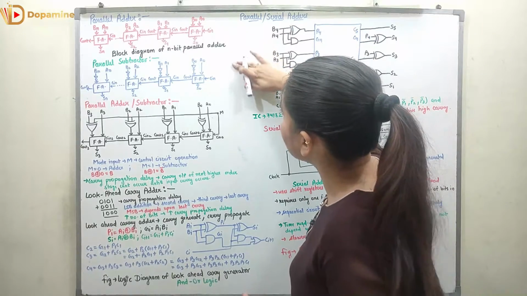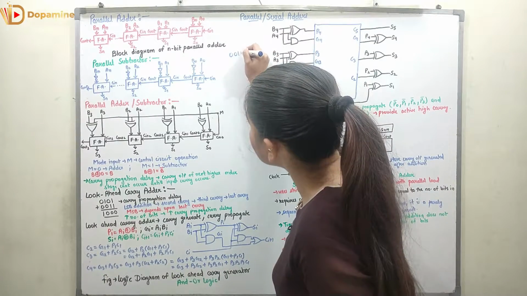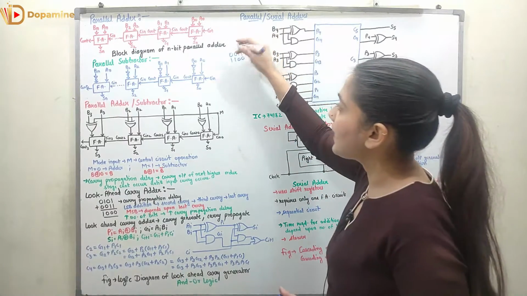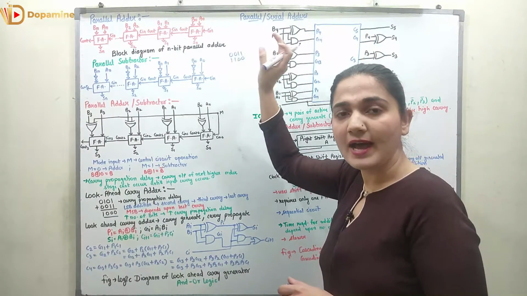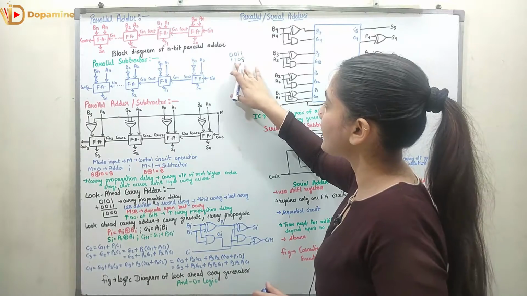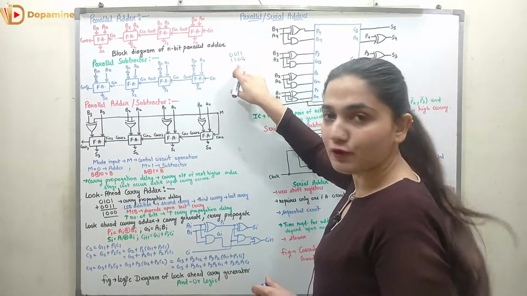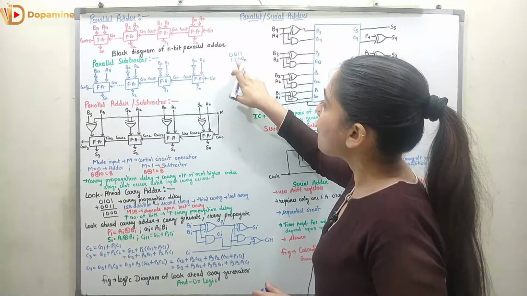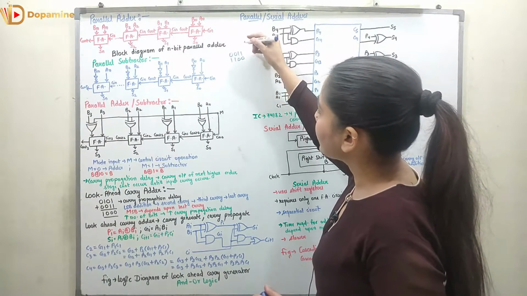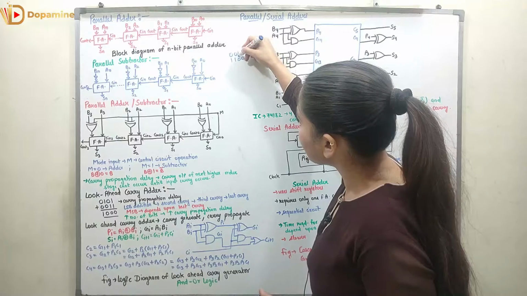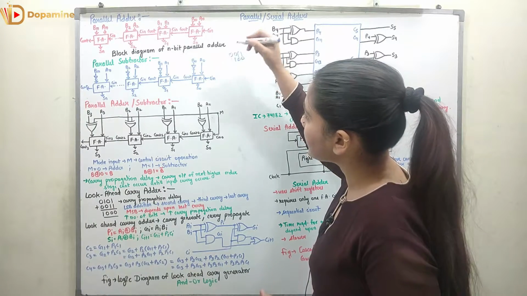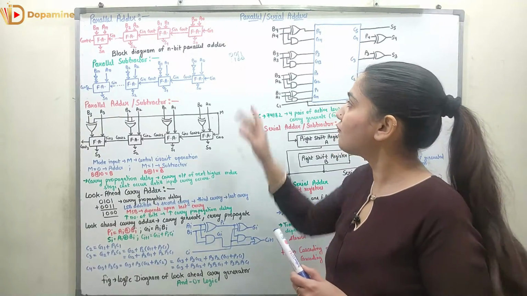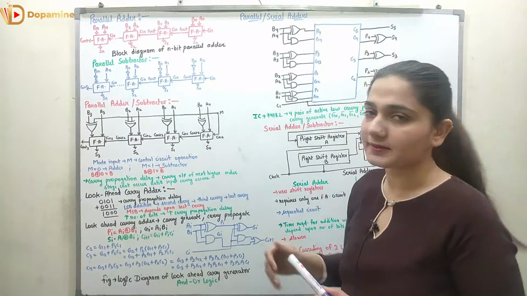But if I have numbers like this, if the number is 0, 0, 1, 1, 1, 1, 0, 0, and I have to add these two numbers, I will not be able to add them with the help of one full adder. What I need to do now, I will be requiring 4 full adders. One full adder to add these two bits, then these two bits, then these two, and then these two. So I require here 4 full adders. These 4 full adders can add 4 bits, right?